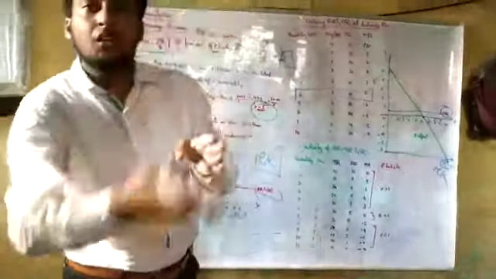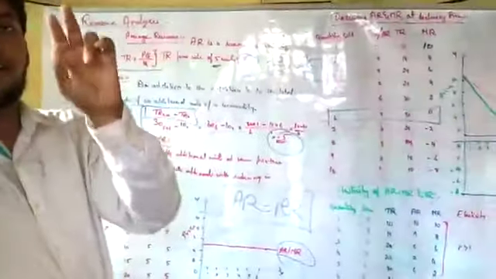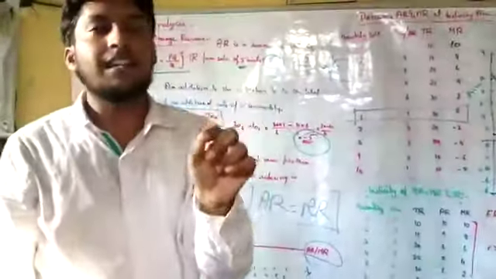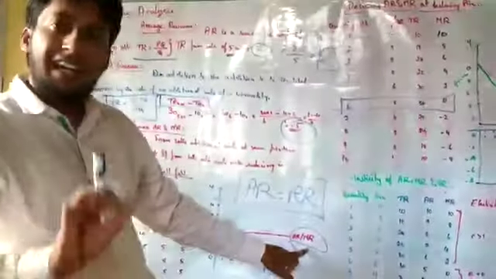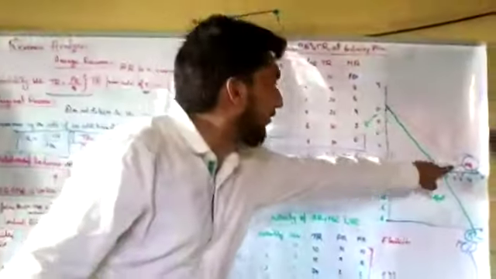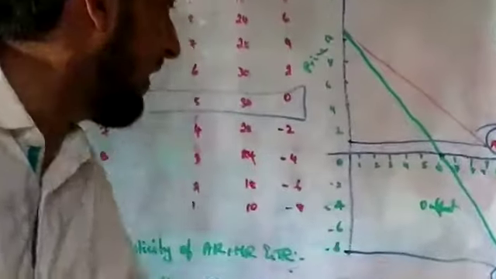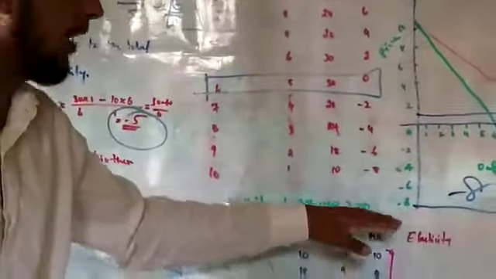So when there is a decline in the price, what happened? AR declines. MR declines below zero and goes down to the negative figures. Simple. You have two aspects. One, there is a fixed price. When there is a fixed price, what happened? The AR and MR will remain the same, AR is equal to MR. When there is a decline, what happened? AR will fall down. See here it fell to 2. But MR will fall to 0 and after that it will go to the negative, down to minus 8. Right?